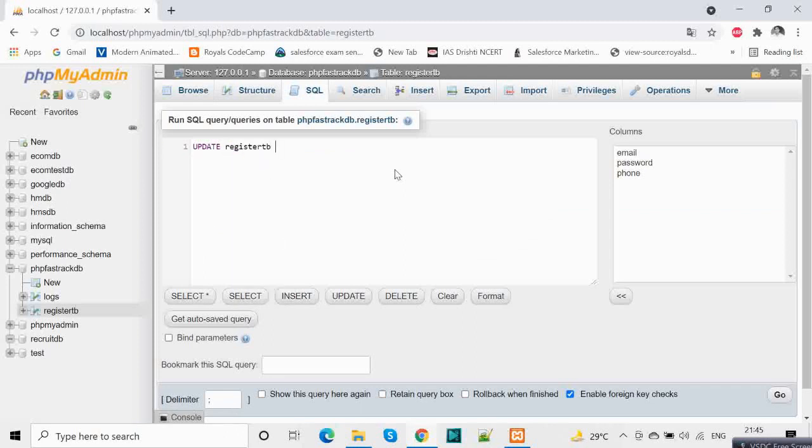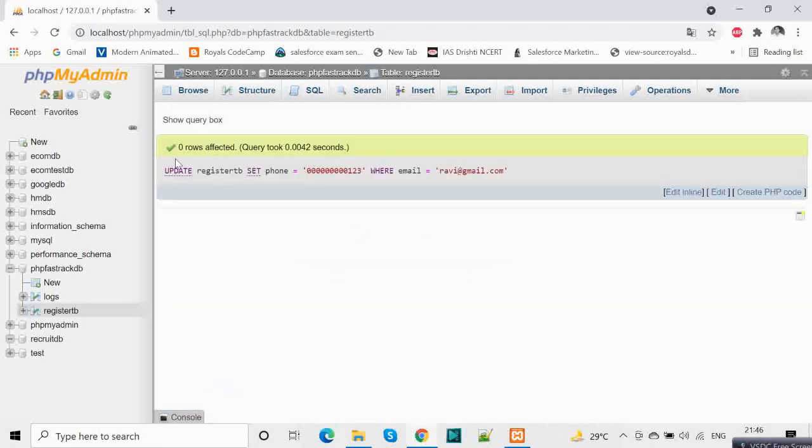Update register table set phone equals, let's say, 00000, just to identify that this is our number. And where email equals ravi@gmail.com. So let's run this query.